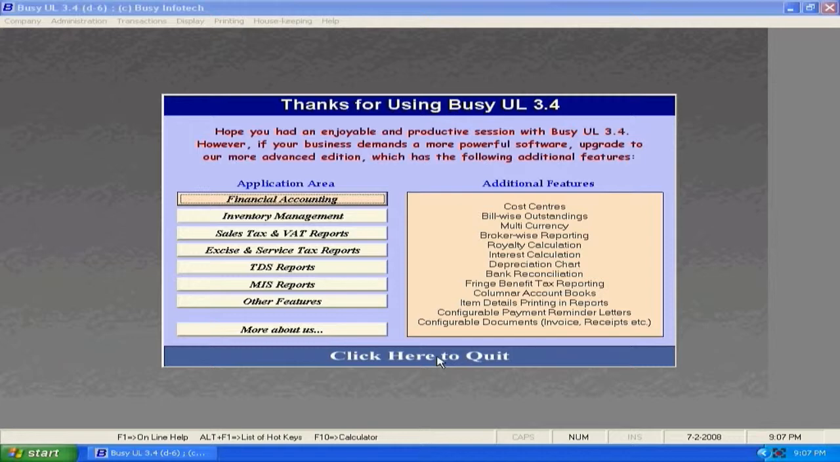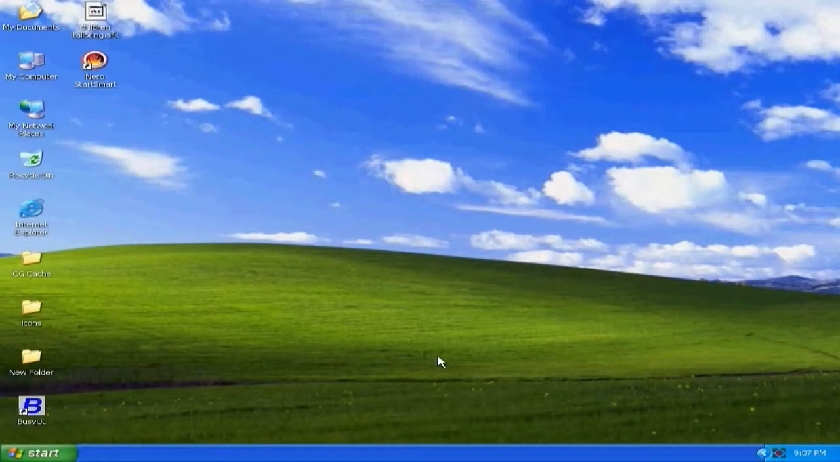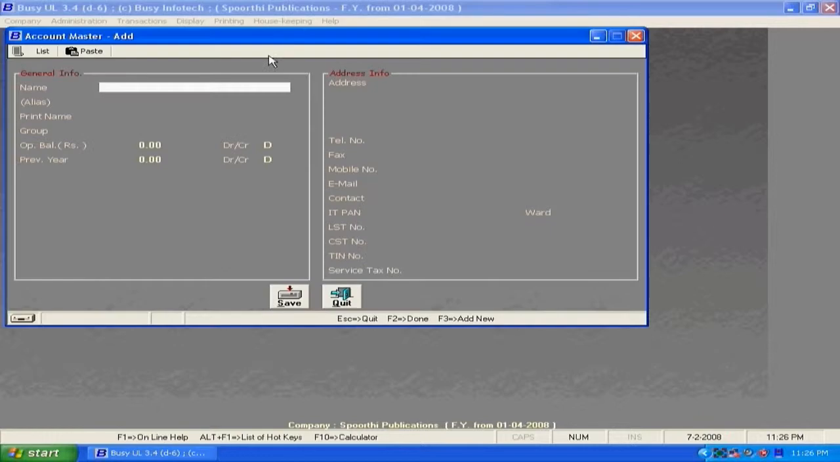Now let us see the administration menu, masters. In this masters account we will have by default three options: add, modify, list. Now let us see how to add an account. On clicking add, you will have two options: list, paste. On clicking list,